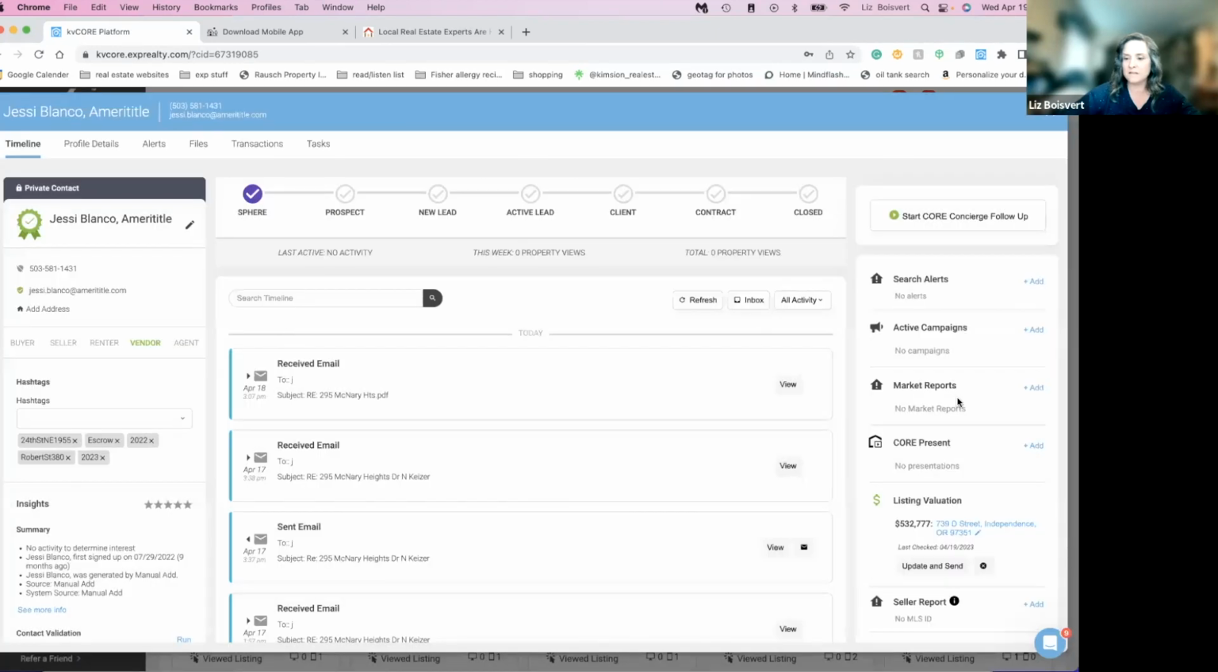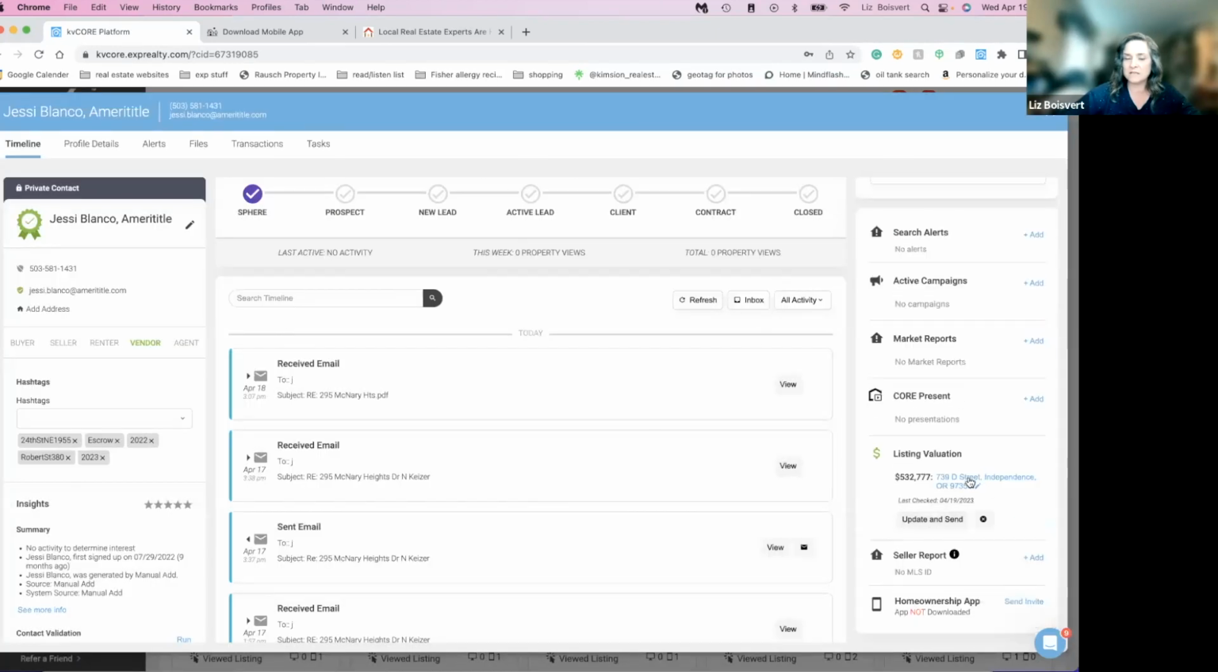Now in here, this will attach to her, but I'm going to show you how to do one of these without it necessarily being attached to someone, which would be my preferred method. But I wanted you to know this is here, because then later you'll be able to tell that you sent it and when. Now I would hit update and send, and it will send her a one-page summary of the value of her